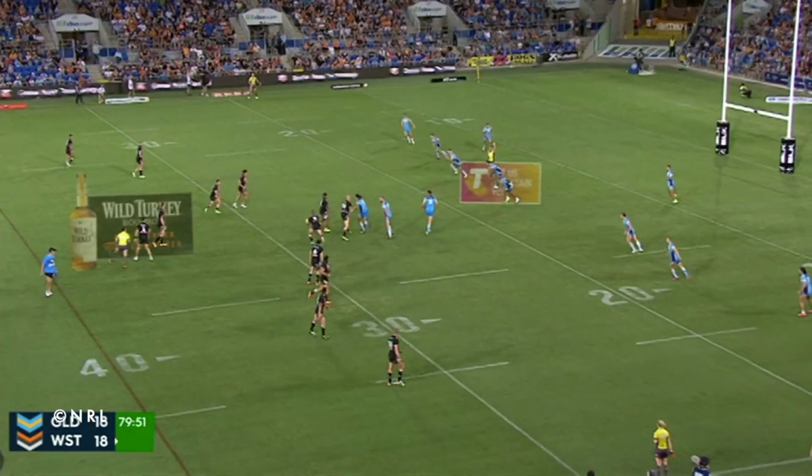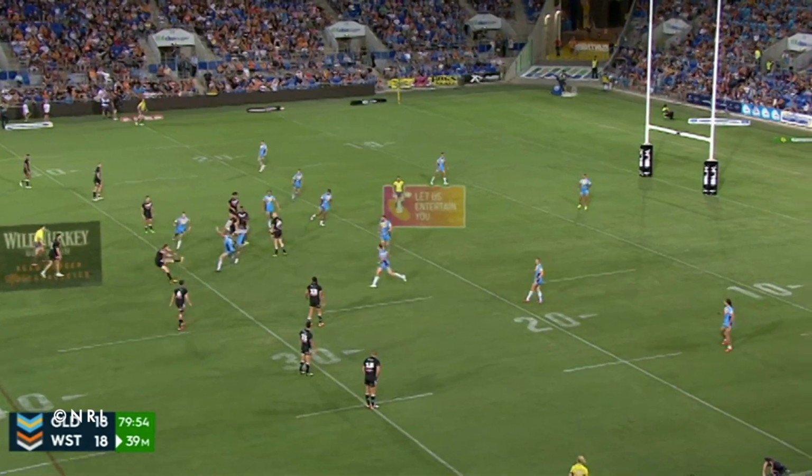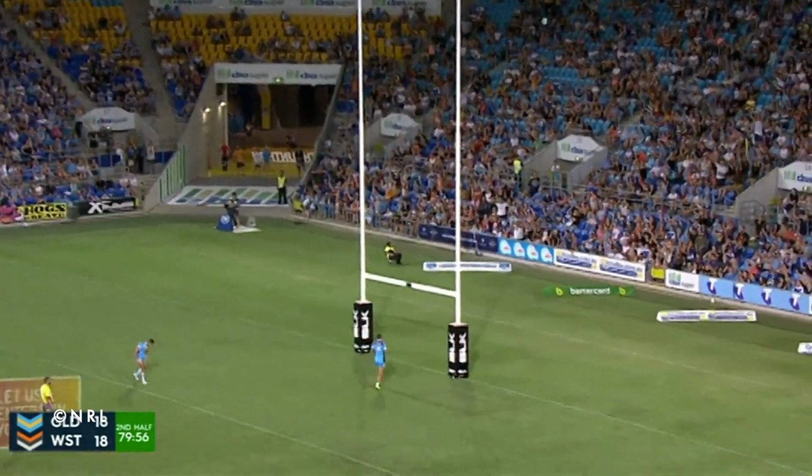Richards is there to win the game for the Tigers. No, they go to Brooks, back to Pat Richards. He has time, he hits the ball, and Pat Richards...